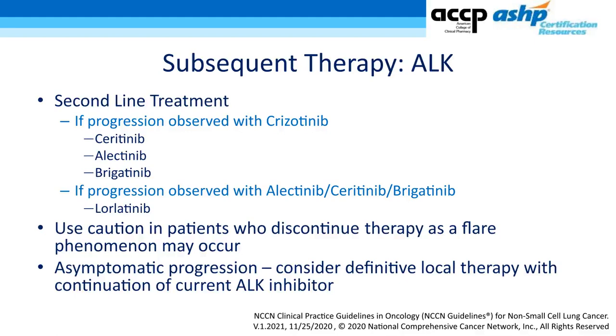So in the second line options, if patients had progressed on Crizotinib, we would then be able to offer Ceritinib, Alectinib, or Brigatinib. If patients had been observed to have progression on Alectinib, Ceritinib, or Brigatinib, we would move towards Lorlatinib. In your patient that had been treated with Crizotinib that had progression, they would be treated then with Alectinib or Ceritinib or Brigatinib. At the time of that progression, we technically then have a third agent to offer, which